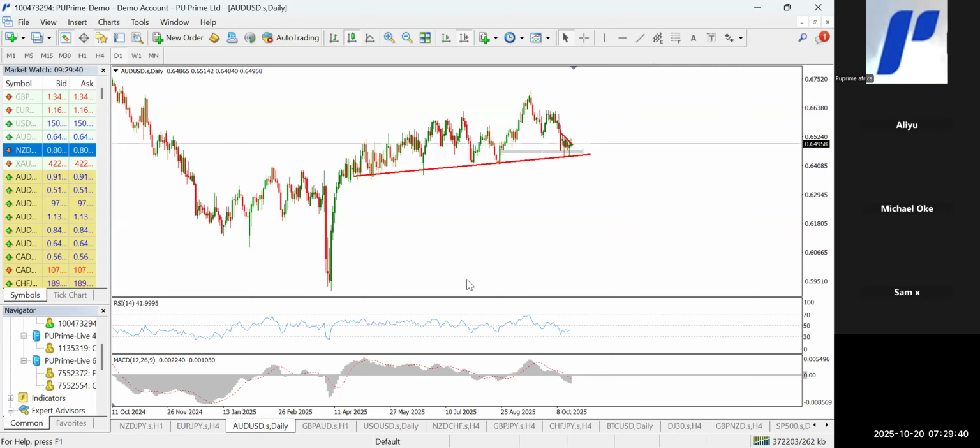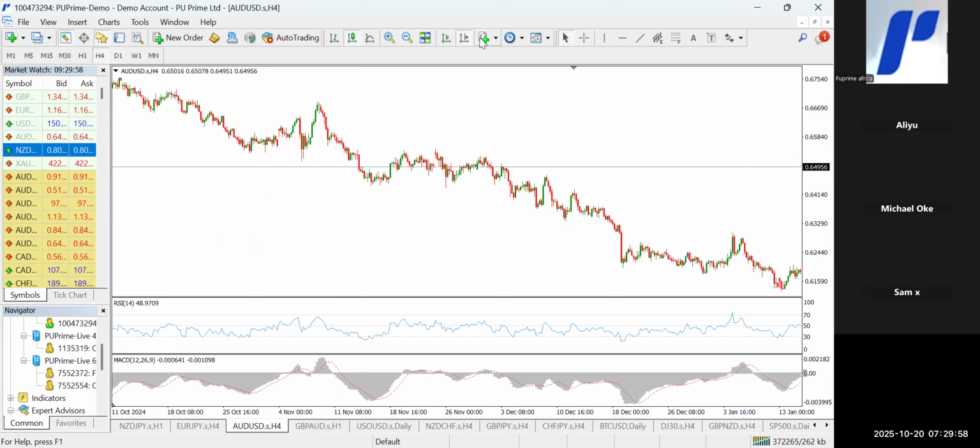All right, so as I was saying, this region here still remains our confluence region, and like I said last week, we'll be expecting a breakout in the course of this week. So watch the AUD USD clearly. So I'll take it down to the 4 hour because that is where the entry may take place. So going down to the 4 hour time frame,